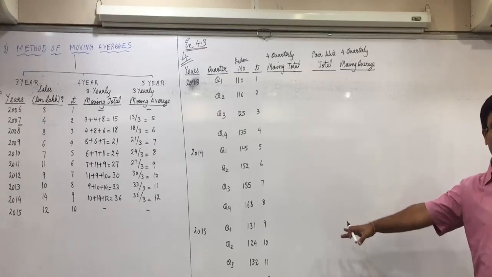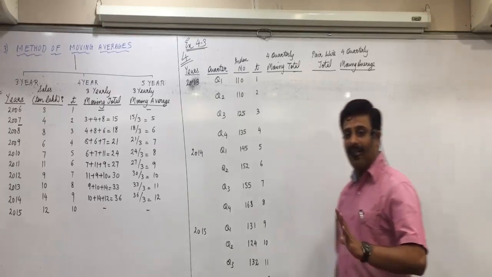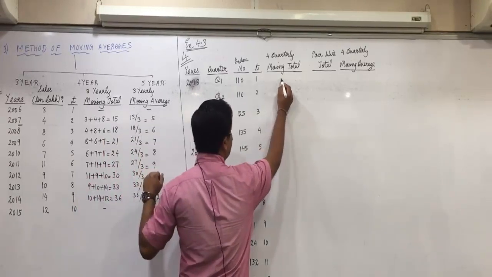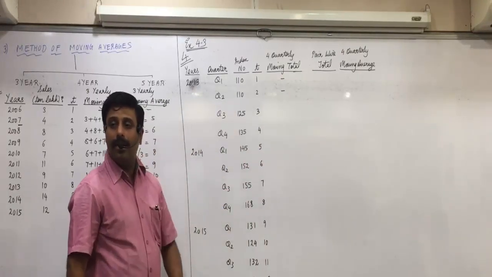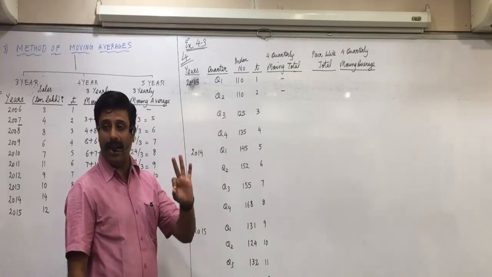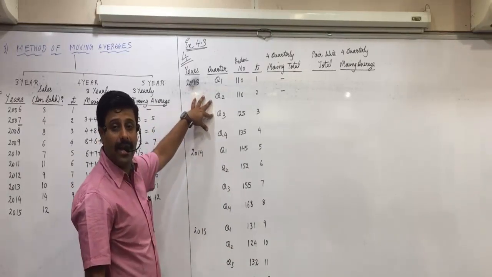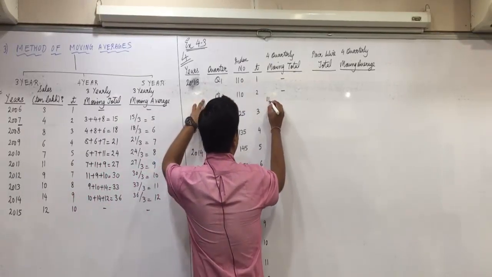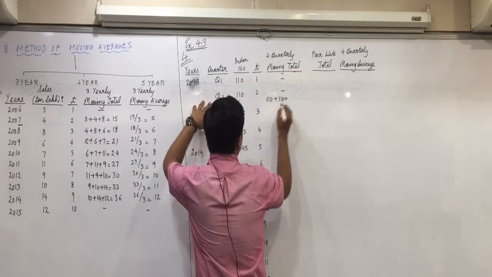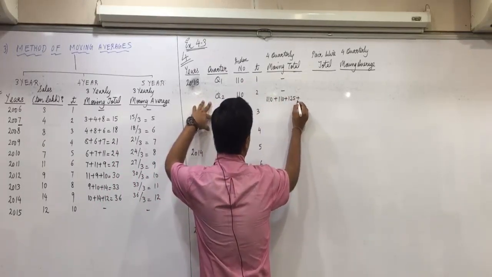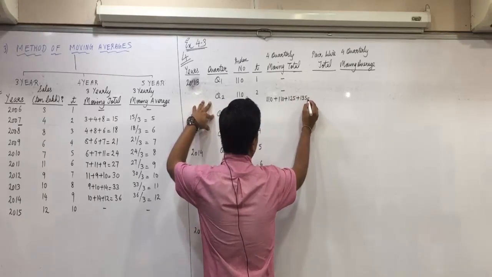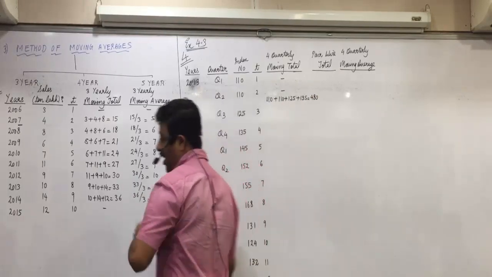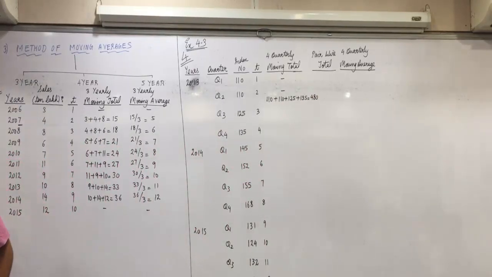Who are still writing it? Raise your hand. Now understand this. Every 4 figures total will come in between the second and third year. First 2 will again remain blank. Everyone be attentive. Now between second and third line, 110 plus 110 plus 125 plus 135. So 100 into 4, 400, 10, 20, 45, 80. 480. Any confusion in this?